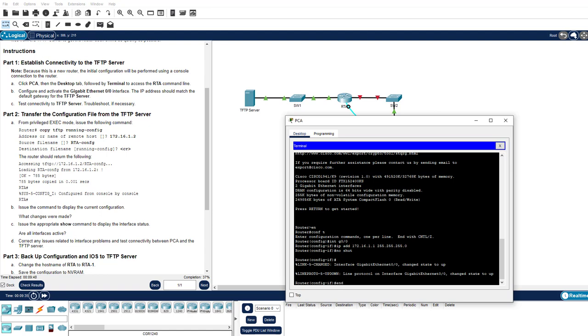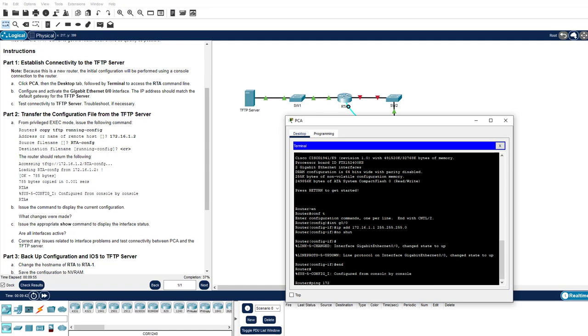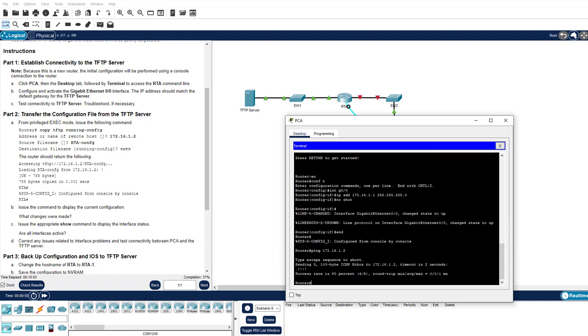Now let's test connectivity to the TFTP server. We want to ping it. 172.16.1.2 was the address that we saw. First, the router will ARP for the MAC address, but then the ping is successful. That completes part one. We can proceed to transfer our configuration file to the router from the TFTP server, which